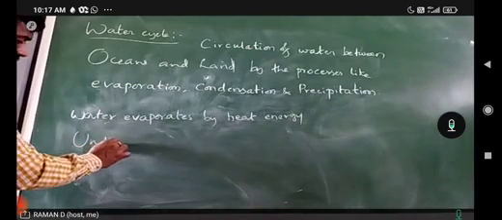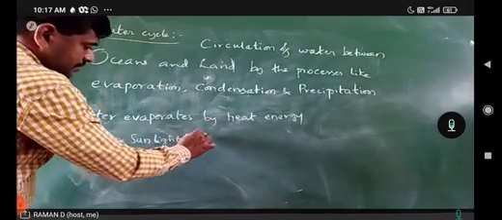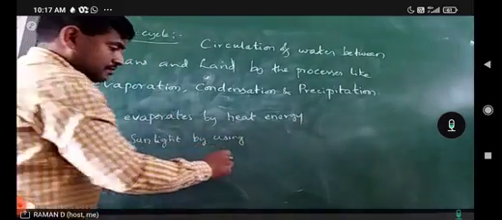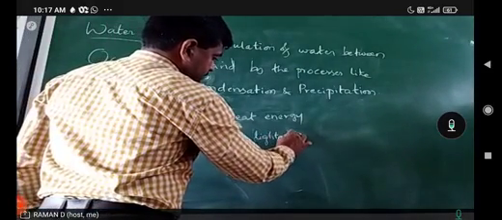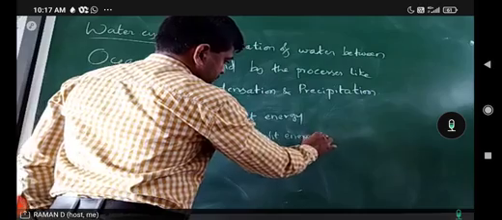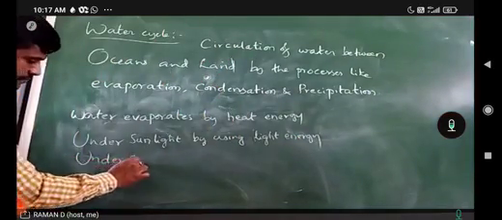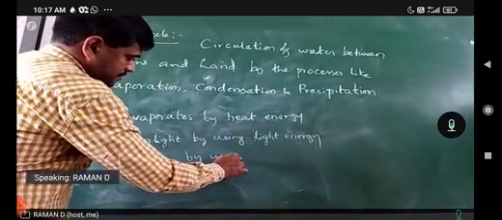Under sunlight, by using light energy, and under shade, by using